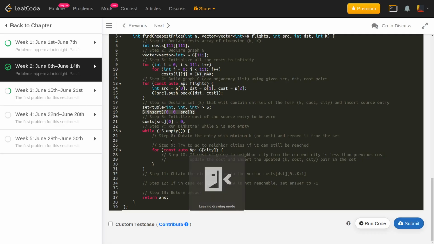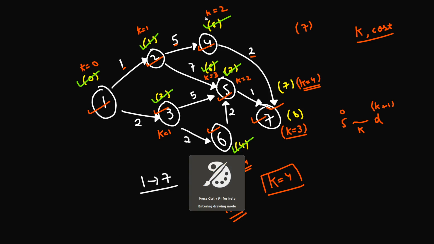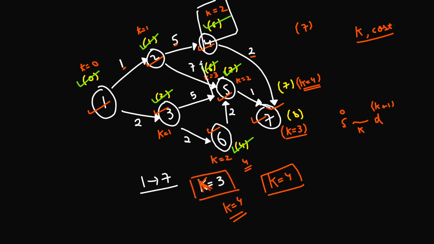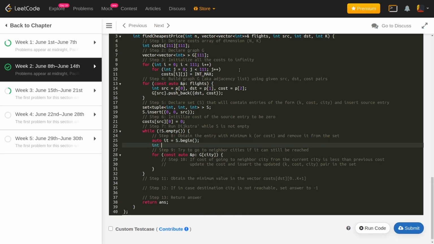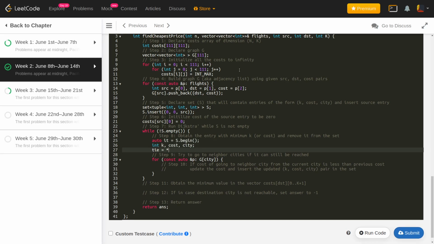Okay. So what I'll be doing is first obtaining the entry with the minimum k value or cost value. Why? Because as we saw, suppose I have these entries in my set, I need to extract the entry corresponding to the minimum one, right? That's basically present at the beginning of the set, because set in C++ is an ordered set. So I'll just be doing s dot begin, and I'll be having k comma cost comma city. So I'll just do tie equals